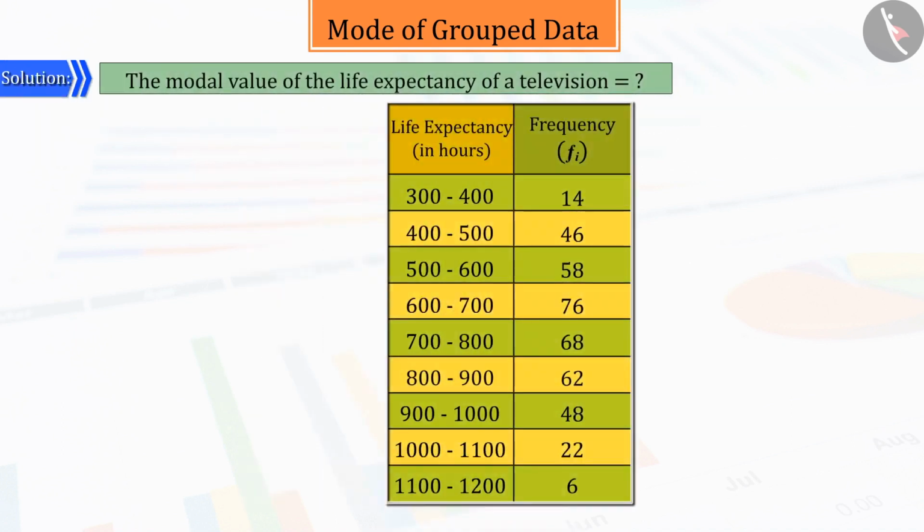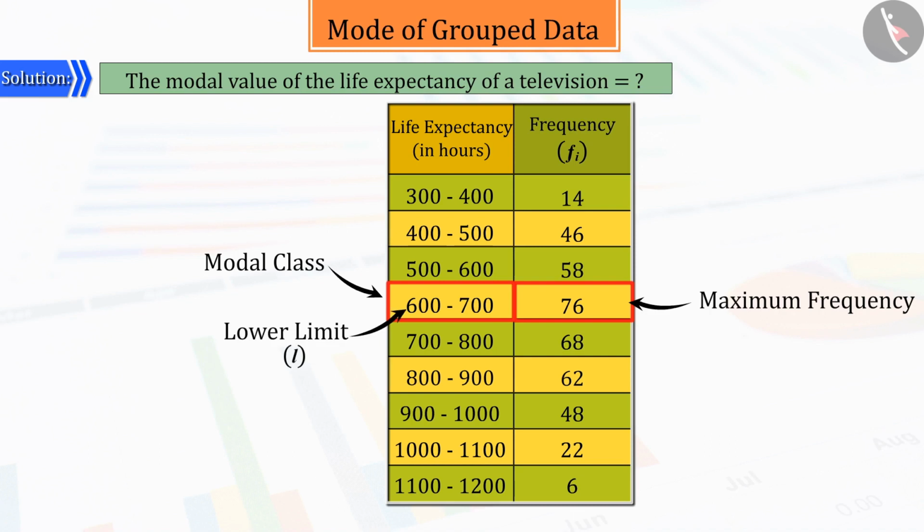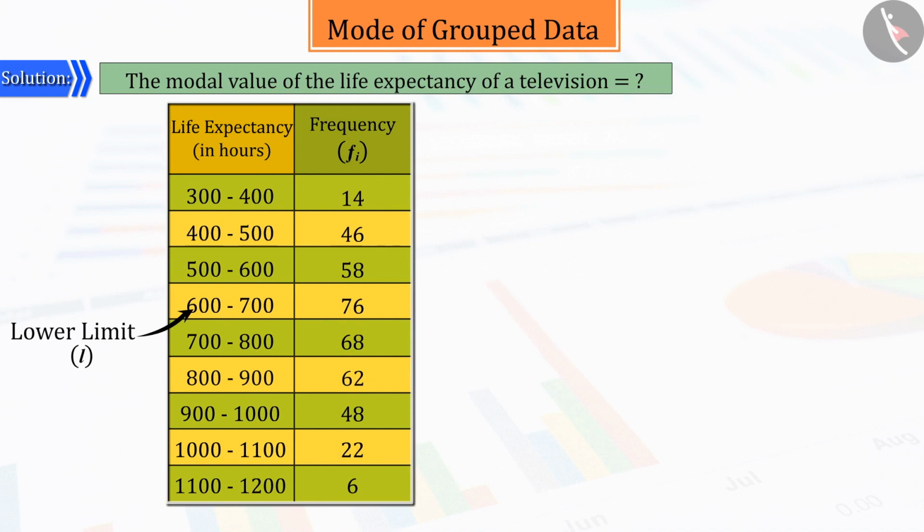We know that in order to find the mode, first of all, we must select the highest frequency. So, from the given frequency table, you can tell that 76 is the highest frequency here. So, the modal class will be 600 to 700, where 600 is the lower limit of the modal class, that is L. Can you tell what will be the size of this class interval? Perfect. Here we can see that all the class intervals are of equal measurement. So, the size of the class interval, that is the value of h, will be 100.